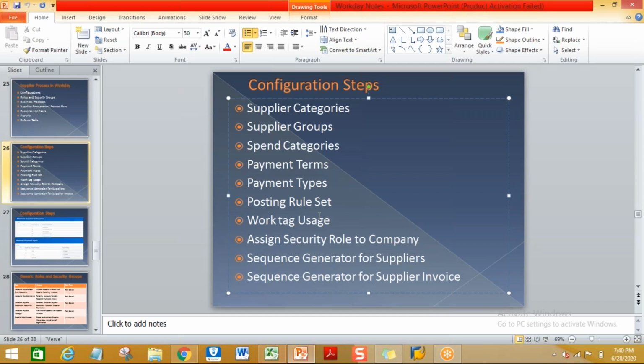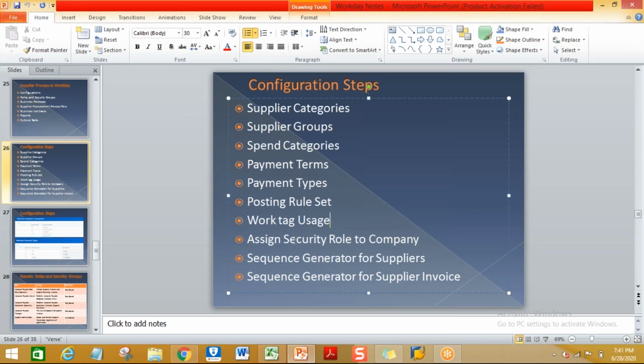You can maintain some default work tags. Based on that, automatically, if you select this spend category or company combination, the system will derive the required work tag usages.